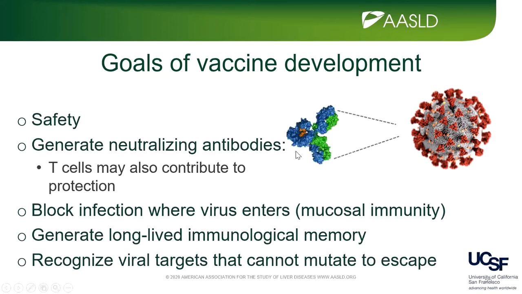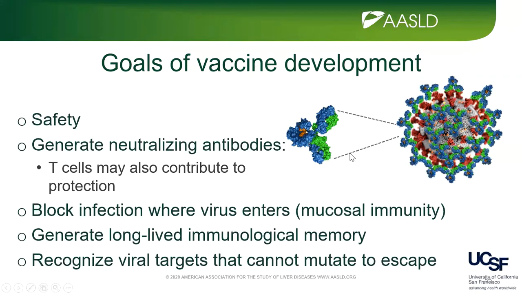Next click. And what I've drawn here is an immunoglobulin molecule representing an antibody to the SARS-CoV-2 spike glycoprotein, the red blobs there. And the idea is to generate neutralizing antibodies in high titer, that basically bind to the target on the virus, block its activity, and in this case, block the ability of the virus to bind to the ACE2 molecule on host cells, and enter. So for many reasons that I alluded to earlier, neutralizing antibodies are thought to be effective targets and goals of